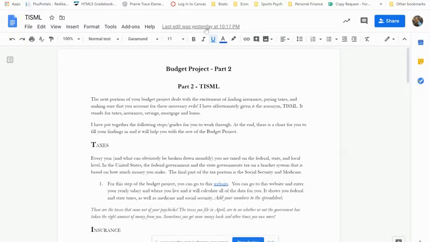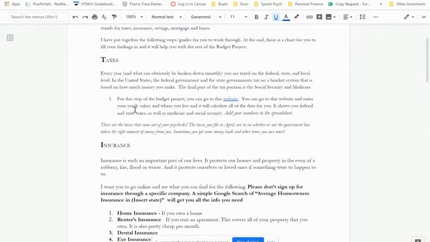So the first part of TISML is the T, and this stands for taxes. Every year, we pay federal, state, and local taxes. And not only do we do that, but we also pay into Social Security and Medicare and Medicaid. Most states follow along with the federal government, and we have different tax brackets. So the more money you make, the higher percentage you get taken. Indiana is an exception where we have a flat tax rate. So if you live in the state of Indiana later on in life, the state of Indiana will take 3.4%